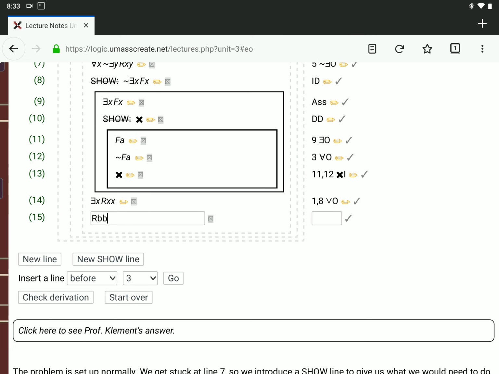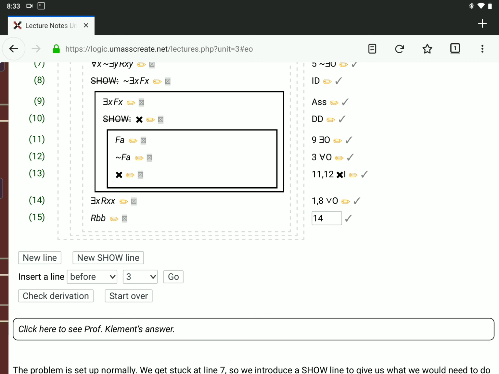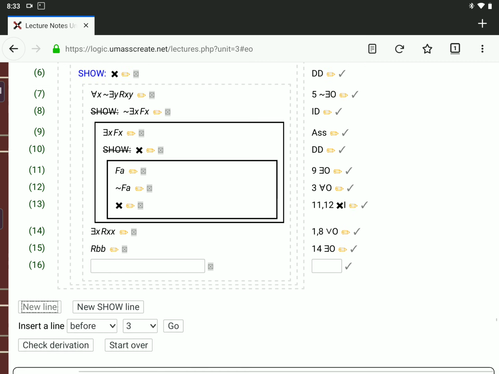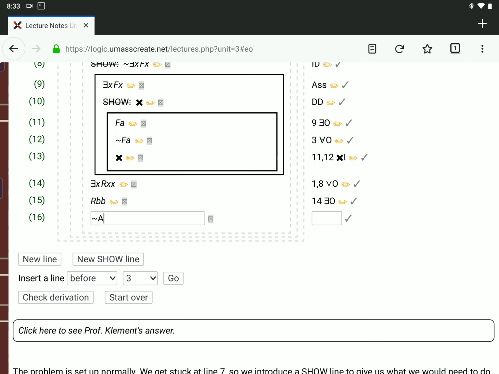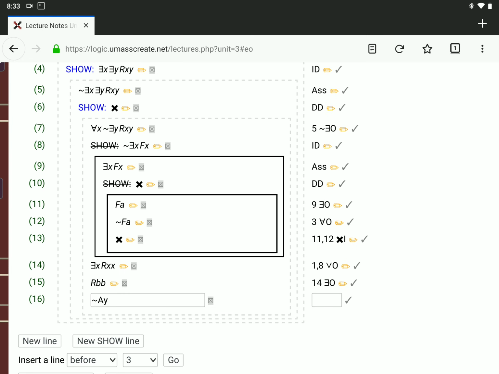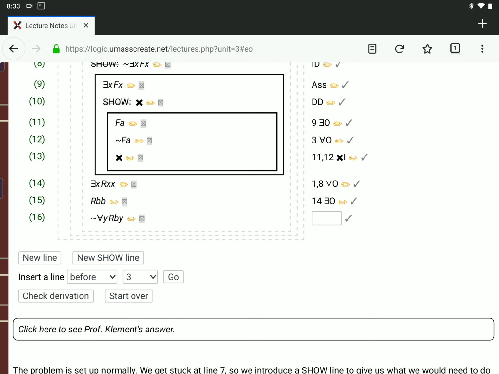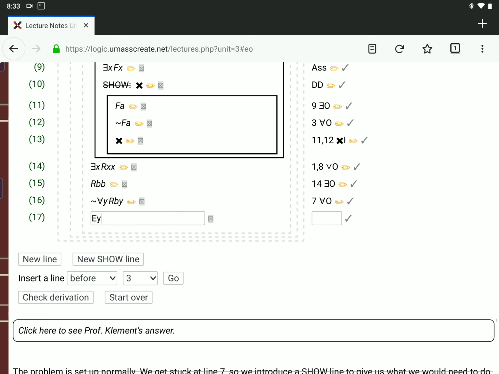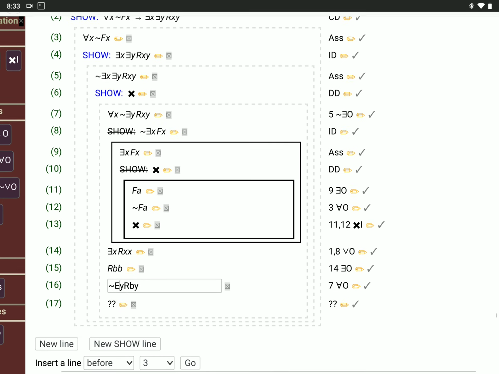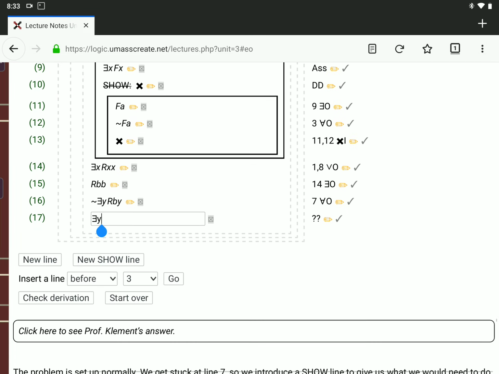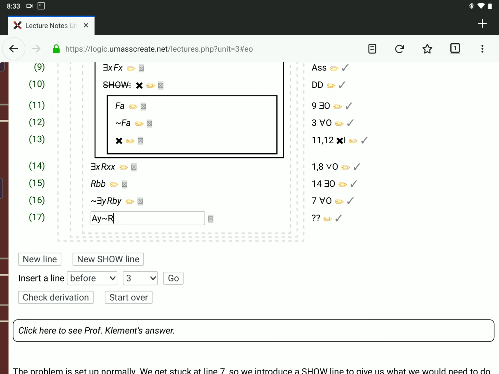Give that a name. So existential out on 14, I have to use a new name. So I'll use B. Now I have a letter that makes sense to do universal out on 7. So I get not for all y, RBY, right? So that's 7 universal out. Push that negation through again. Sorry, this is supposed to be a backward Z. If you look at line 7, the Y quantifier is a backward Z. So I get for all Y, not RBY,